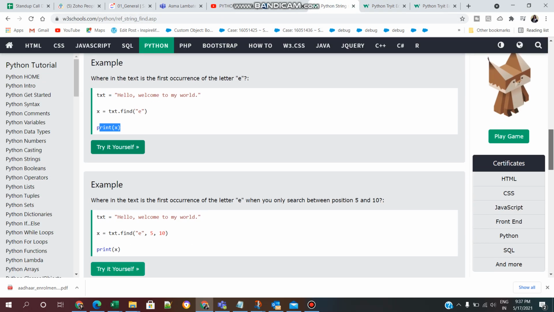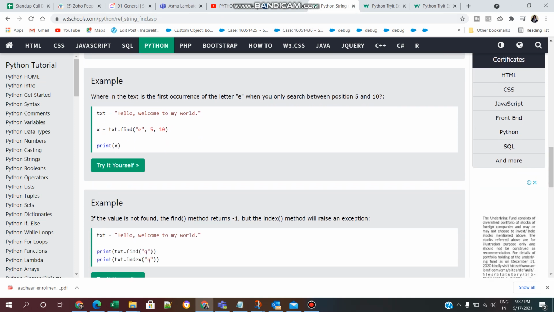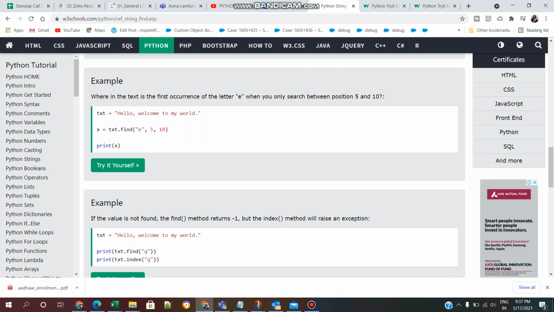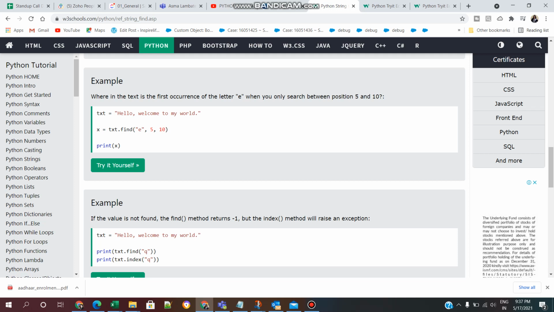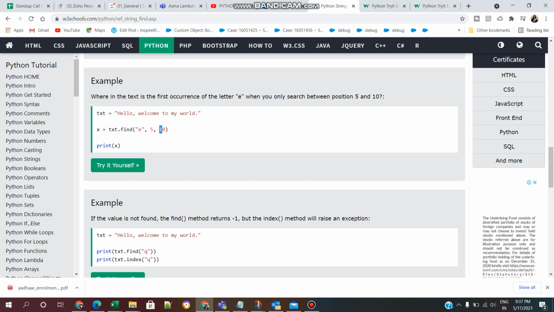Now we will see more examples. Here, where in the text is the first occurrence of the letter e when you only search between position 5 and 10. Here they are specifying start and end position. So here txt equal to hello, welcome to my world, x equal to txt.find(e, 5, 10). Here 5 is the start position value, and 10 is the end position value.